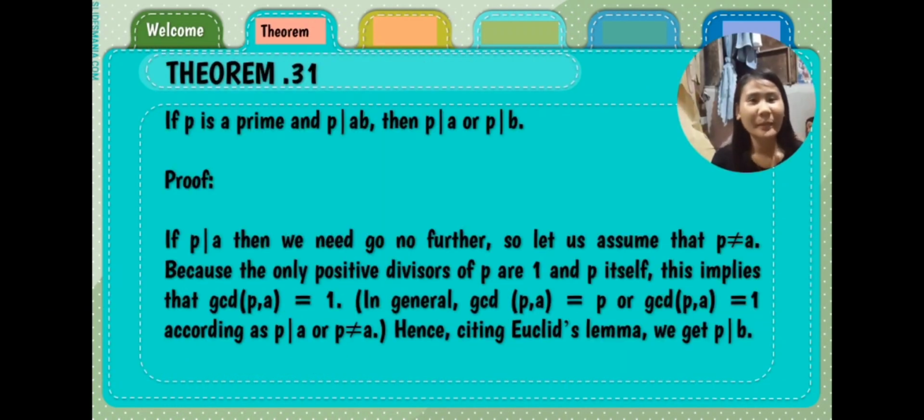Theorem 3.1: if p is a prime and p divides the product of a and b, then p divides a or p divides b. Here is the proof. If p divides a, then we need go no further. So let us assume that p does not divide a. Since the only positive divisors of p are 1 and p itself, since we are dealing with prime numbers, this implies that the GCD of p and a is equal to 1. So from Euclid's lemma, we get